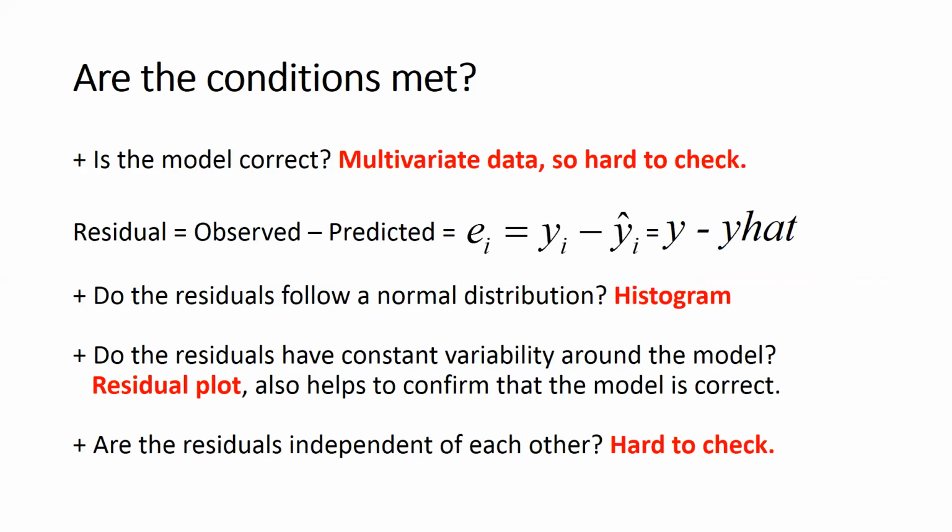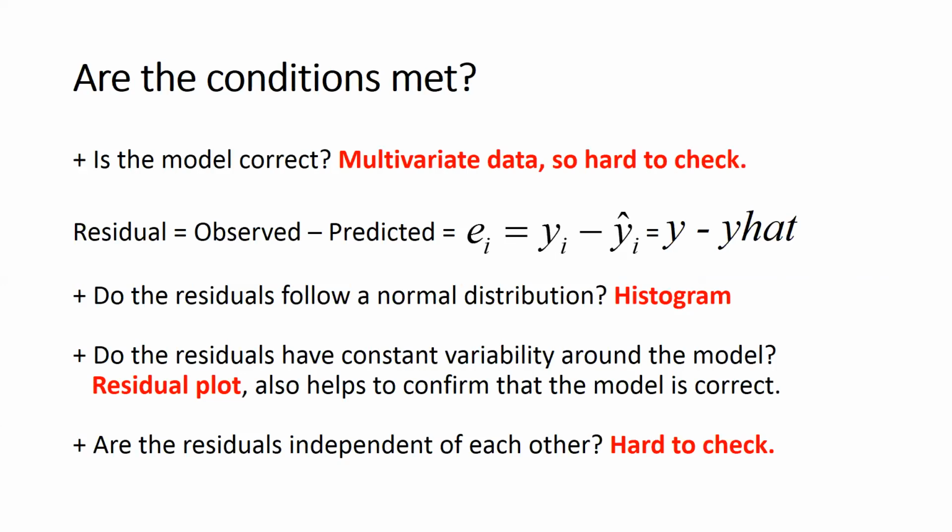Well, you know, the data are multivariate, so it's kind of hard to check to be sure that the model is correct. There's not one scatter plot to look at. So it's vitally important to me to communicate to students that those scatter plots are a great place to see models in action, but the real world is built on more complex models that are hard to visualize. So it's kind of hard to see some of the structure that's going on in these complicated models.